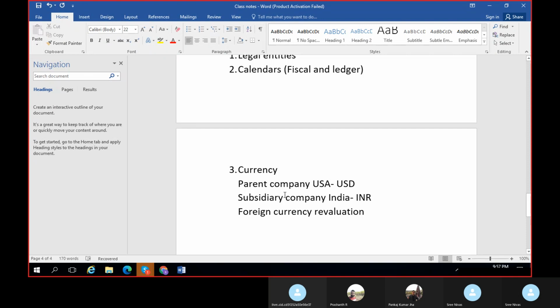But this topic will be discussed at the end, after completing the GL and then accounts payable, accounts receivable, consolidation, everything. The reason is that this foreign currency revaluation is a part of every module, because accounts payable will have some transactions, accounts receivable will have transactions, fixed assets will have transactions. In order to convert the transactions in each and every module, we will discuss this foreign currency revaluation in the last topic. And the most important definition that you should be aware of in currency is accounting currency and reporting currency.